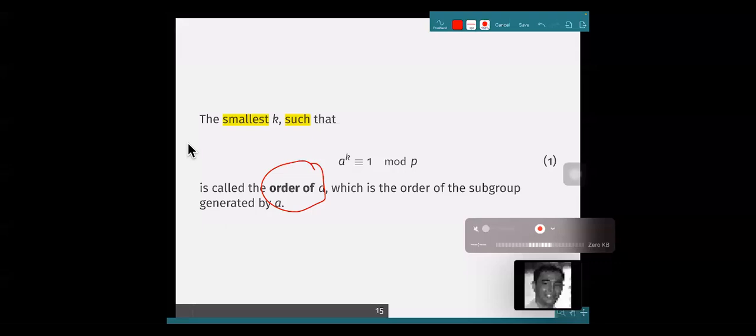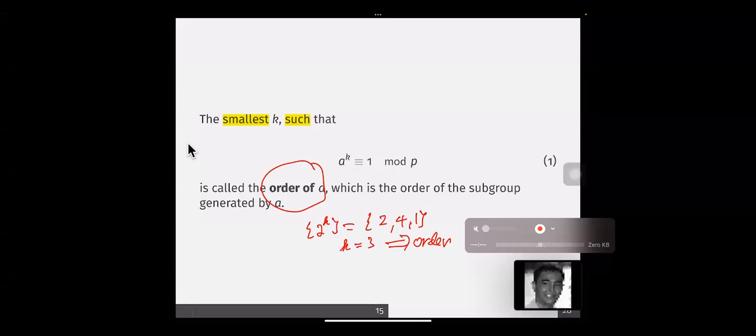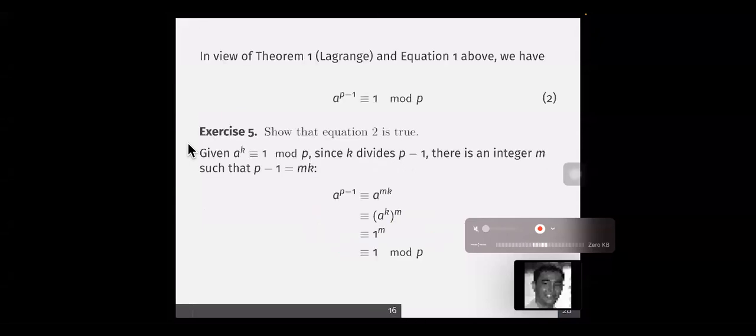In other words, the set generated by 2 raised to the k is equal to 2, 4, 1. So k is equal to 3, which is the order of the group. Now, order is very important. So in view of the theorem of Lagrange and the equation above, we can show that